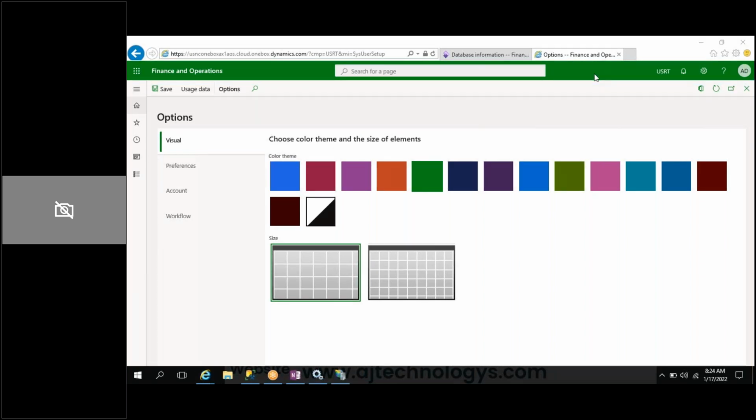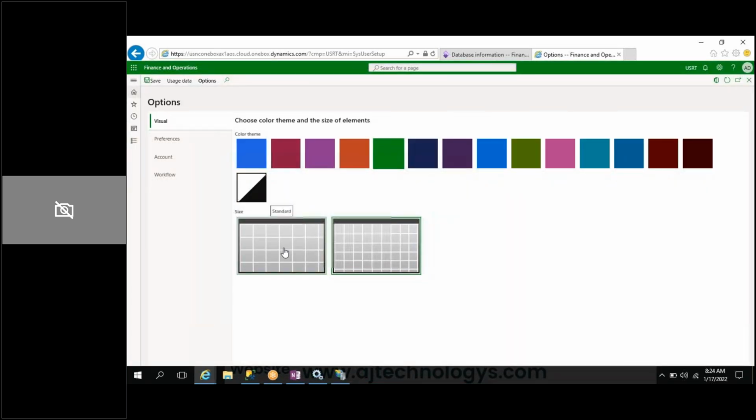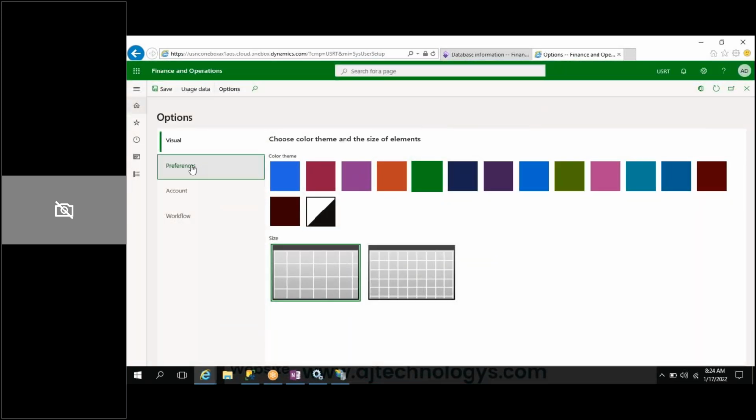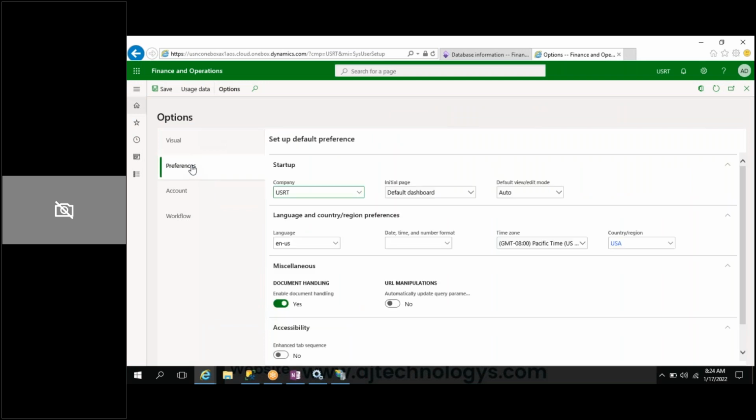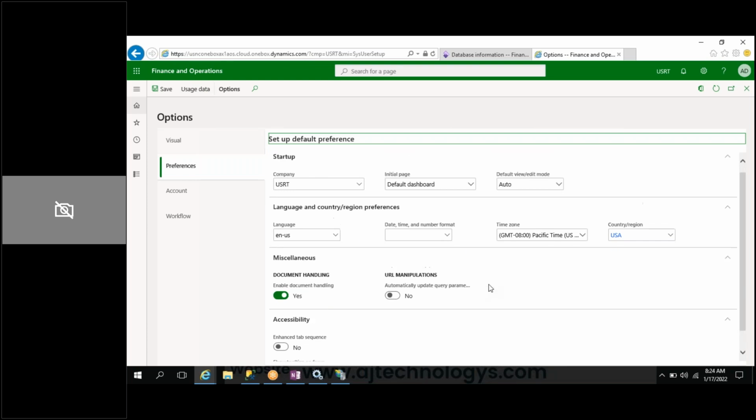Okay, fine. Then you can go to the preferences. The size is there, with zoom in and zoom out. And in preferences, see the default preference setup. When you open this URL, which company or which legal entity needs to be opened, that whole setup we can do here.